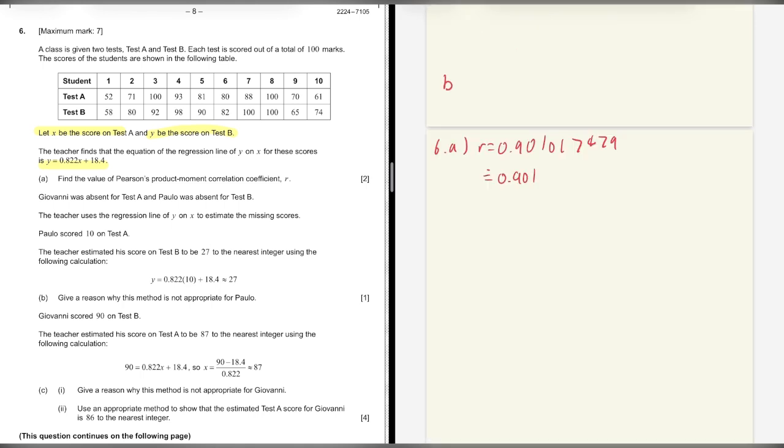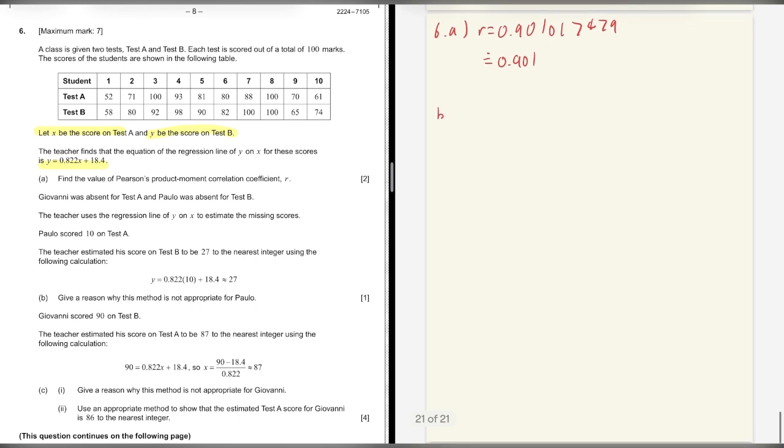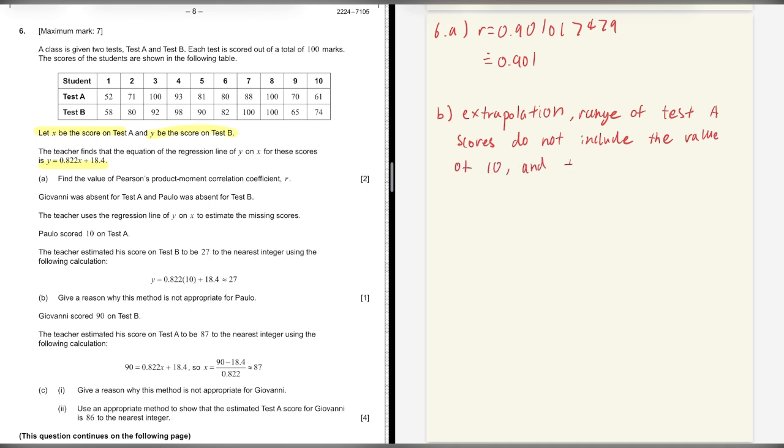For Part B, this is not appropriate for Apollo because this is extrapolation. Because the range of Test A scores does not include the value of 10, and therefore